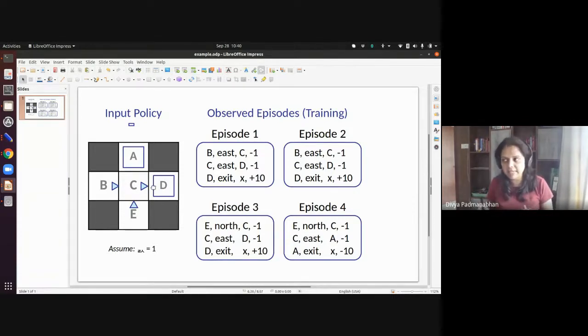And now you don't have any information. Okay, there's nothing known to you. It's just that you can go left, right, up, down. These are the only possible actions. So in B, if you decide to go up, you will always go right. Okay, there's no other possibility. But anyway, none of these things are known to you beforehand. Okay, so what will you do here? What's the idea? What is a possible thing to try here?